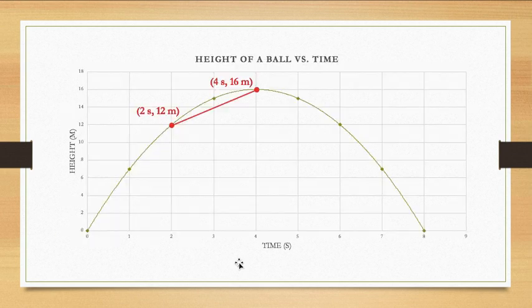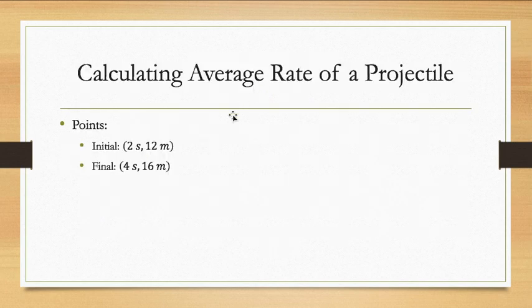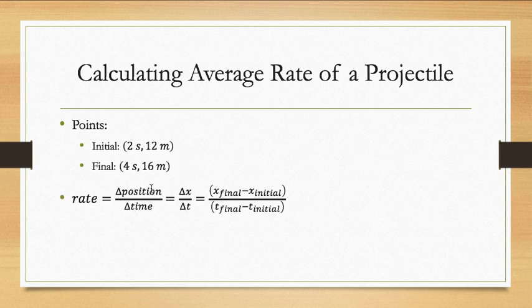If we took another 2 points, here we've got the point at 2 seconds and at 4. Obviously, the heights have changed now because we're talking about 2 different points in the ball's trajectory. We plug in the values the same way. So we want the change in position over the change in time, final minus initial. If we plug in those values, our final position was 16, our initial was 12, we get 4. Our change in time is 4 minus 2, which is 2. So 4 over 2 gives us 2 meters per